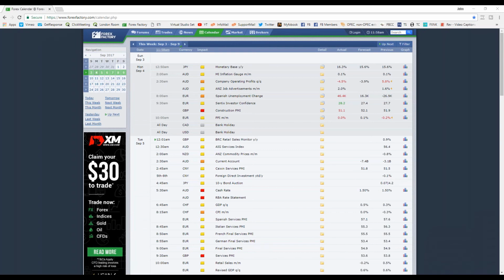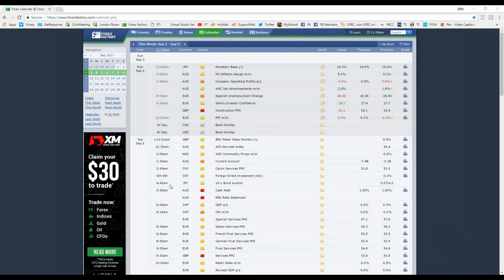Okay. So starting from today, you can see that construction PMI for the pound came out negatively. However, today is a Canadian and American bank holiday, so we can expect today to be a fairly low volatility day, so I don't see many opportunities for this morning. If you are looking to trade, just bear in mind the markets may hardly move today because of the two bank holidays here, so we've got some major liquidity being taken out of the market. There's nothing else here for today.